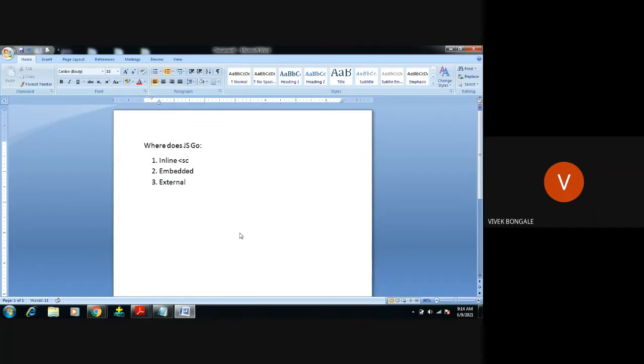The script tag indicates that we are going to write JavaScript in the HTML code. We include this tag in the body of the HTML, and that we call inline JavaScript.